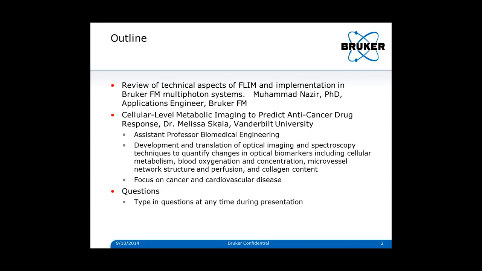And then we're really pleased today to have Dr. Melissa Scala from Vanderbilt University with us to present some really interesting data from her laboratory. Melissa's general research area is development and translation of optical imaging